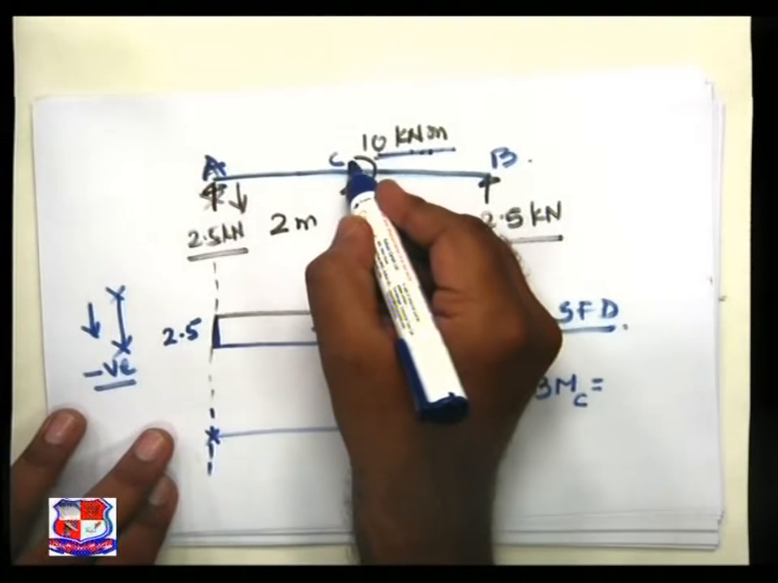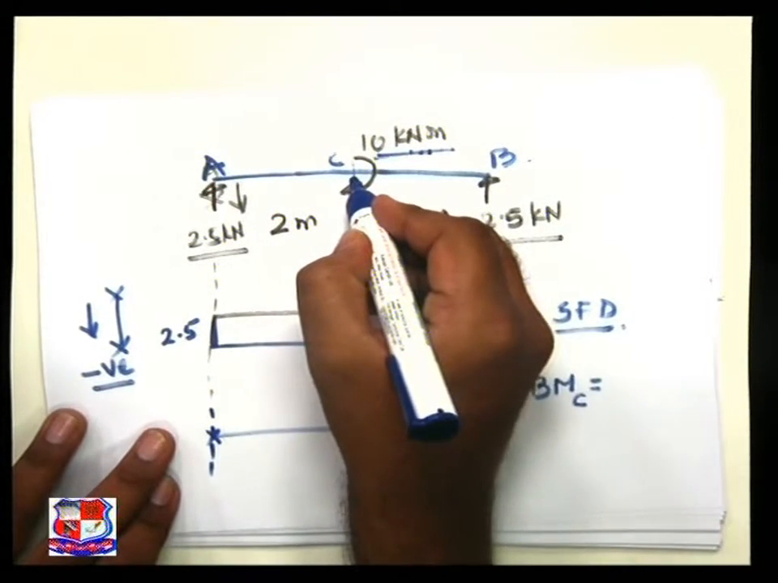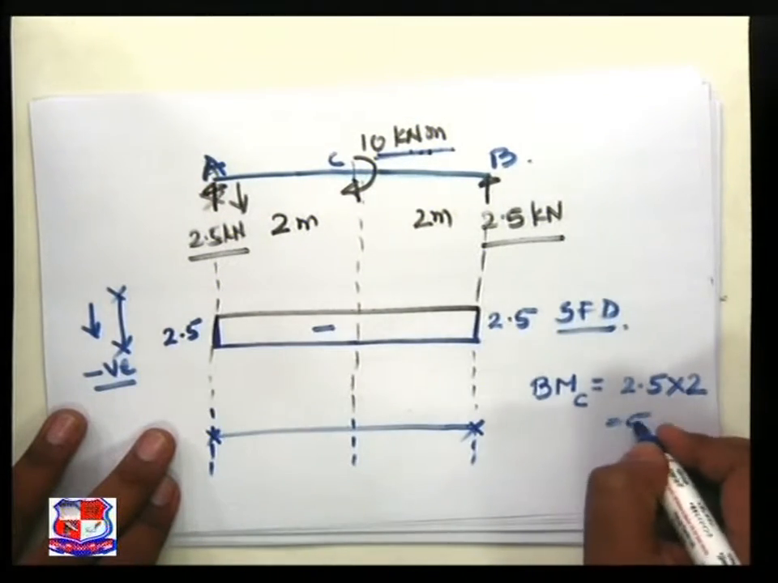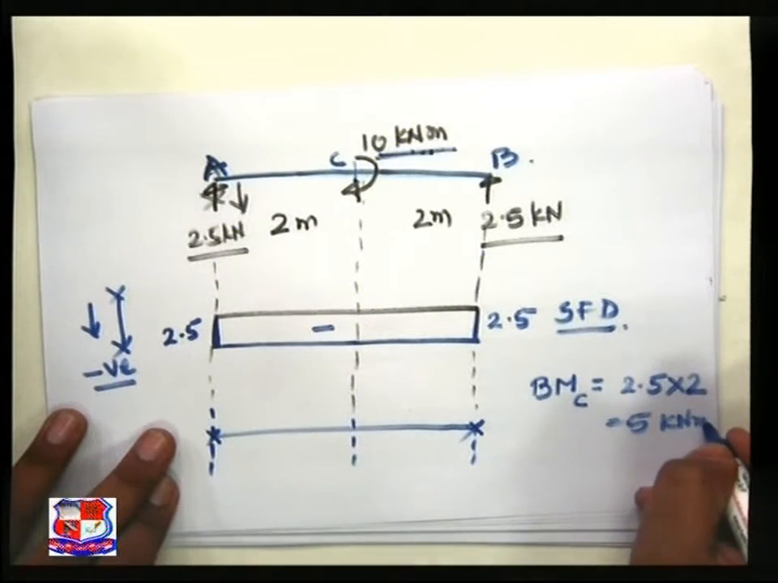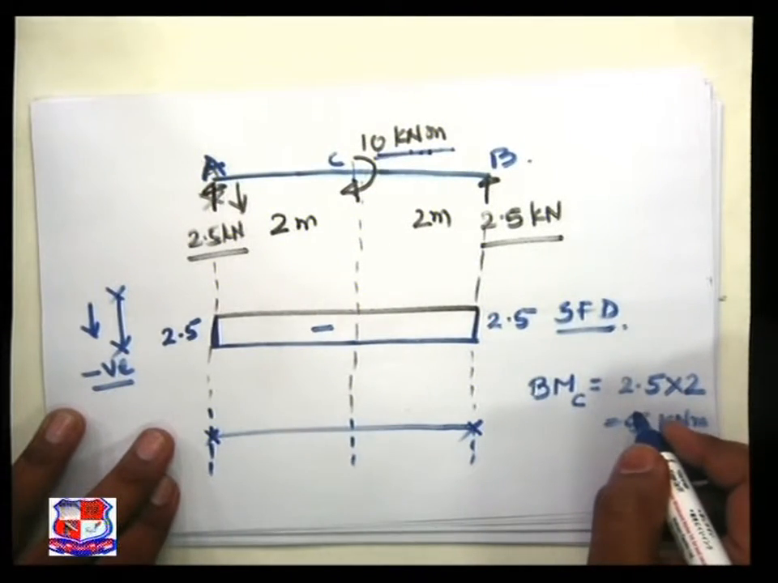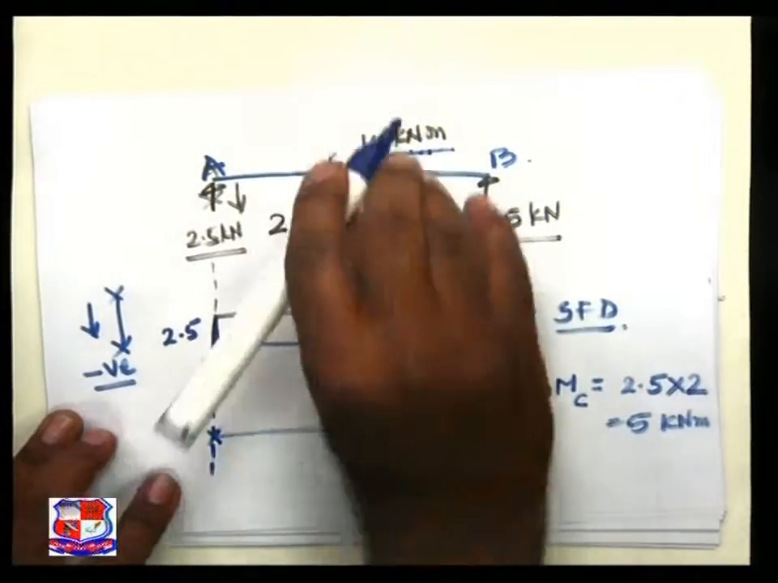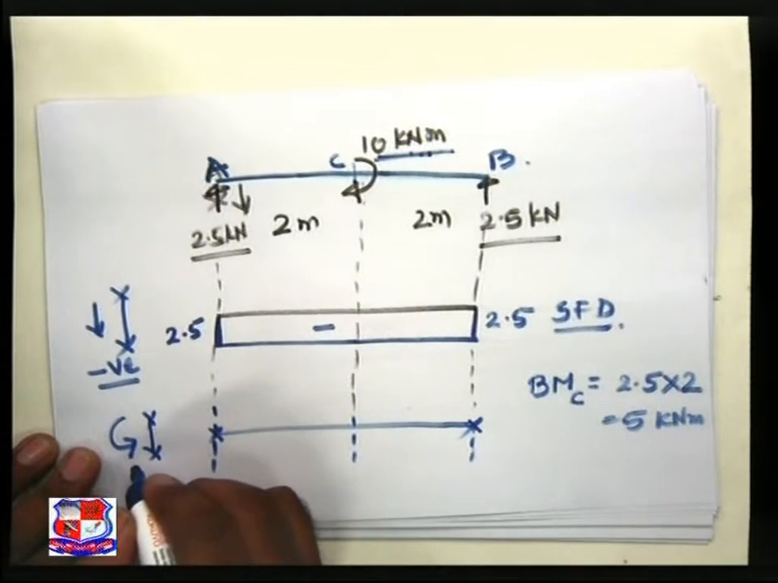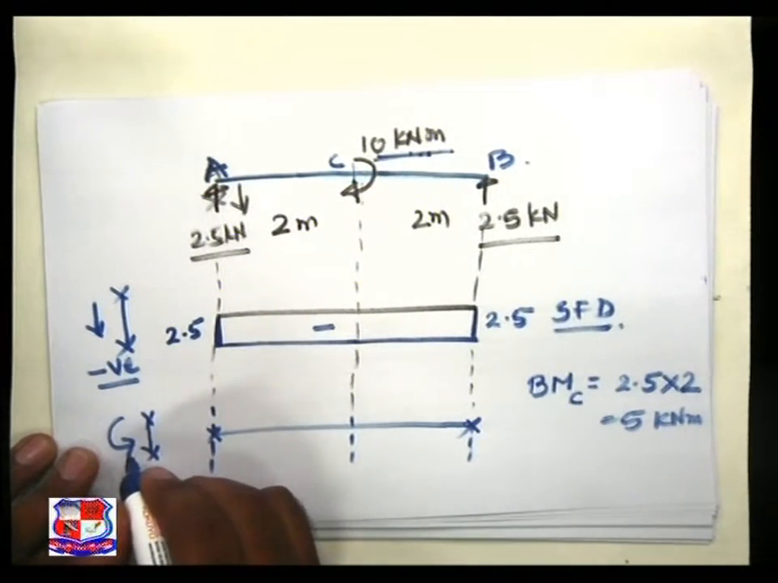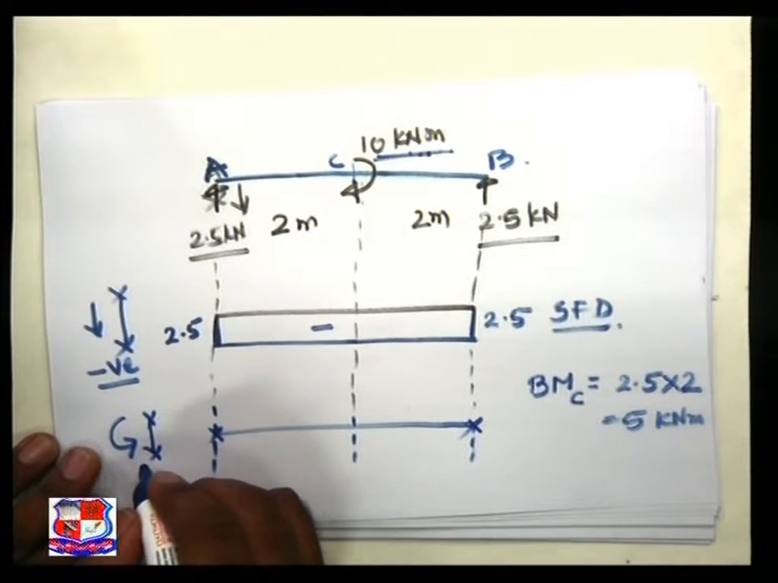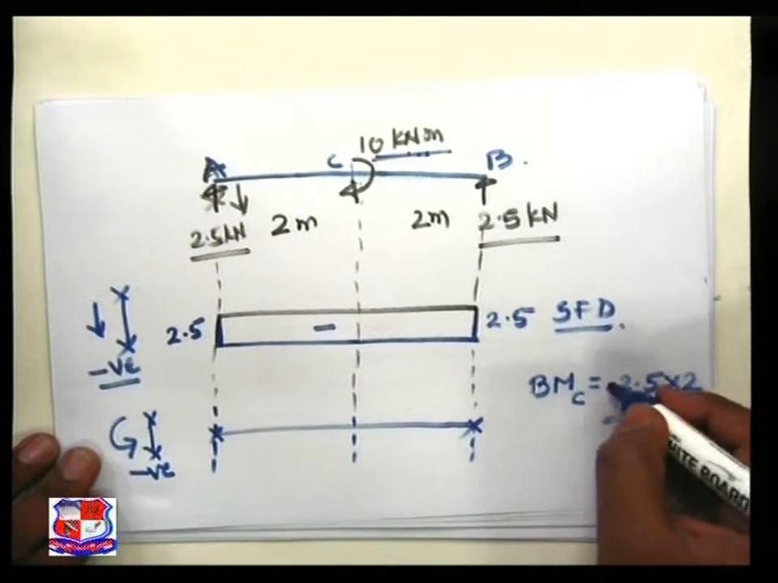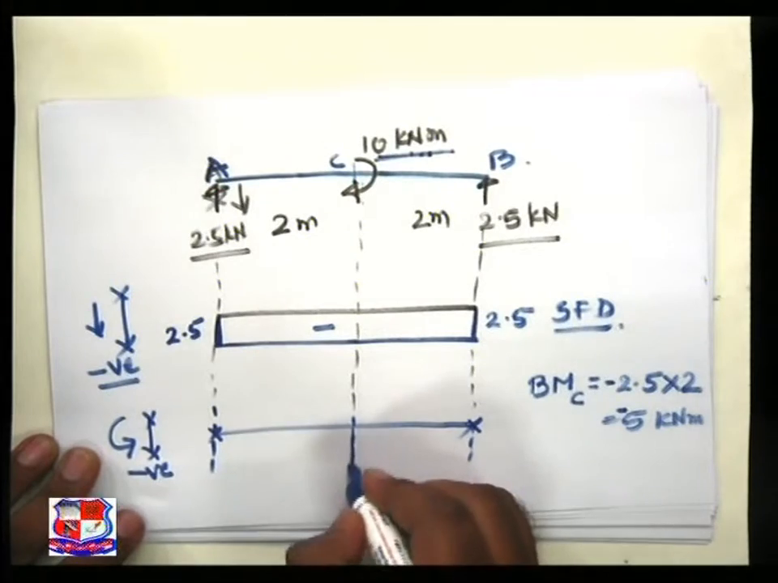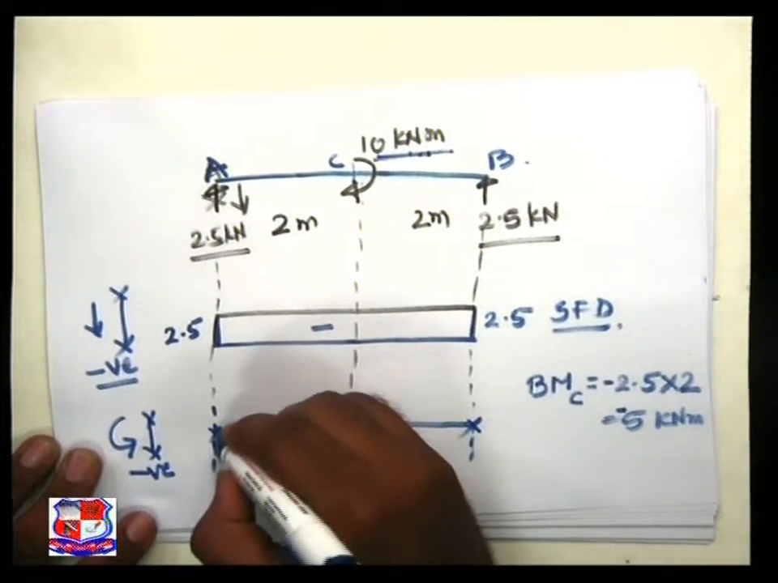See, I will take a section over here. Then it gives me 2.5 into 2, that is 5 kilonewton into meter. Sign convention is important for me right now. Take a section, left side, anti-clockwise nature. This is of hogging nature, as we studied in previous classes, hogging is treated as negative. So this sign is negative. So this ordinate gives me, and joining by inclined straight line,